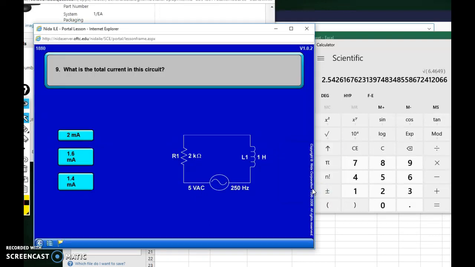All right, so there's that one. Again, a little more complex one here, and it's wanting total current. So this is where it becomes a step process. You've got to get to A before you can get to B, before you can get to C, before you can get to D, and so forth. You get the idea. So the very first thing we have got to seek is X of L,